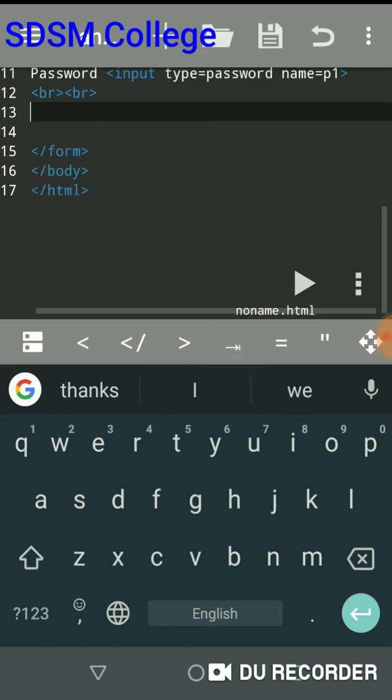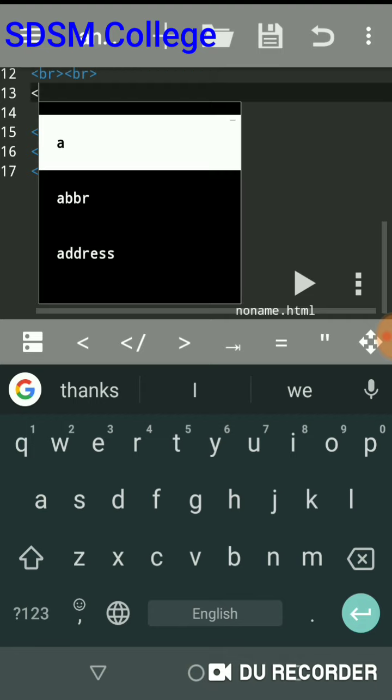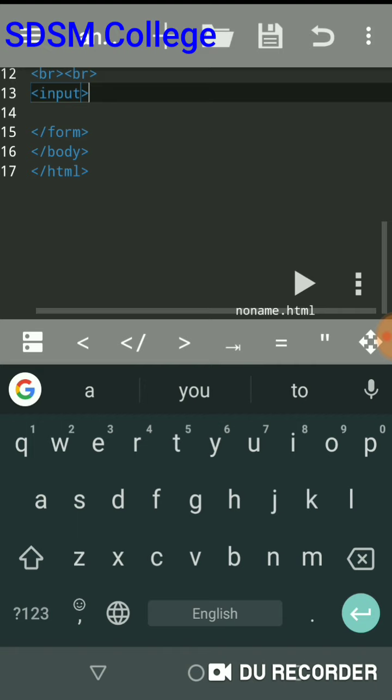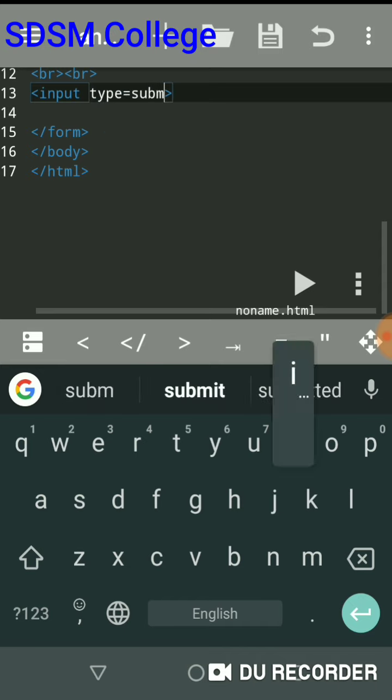Then you need to put a login button, that is the submit button. So here again you need to use the input tag. Its type is equal to submit. Now you want to display the value, that is login.